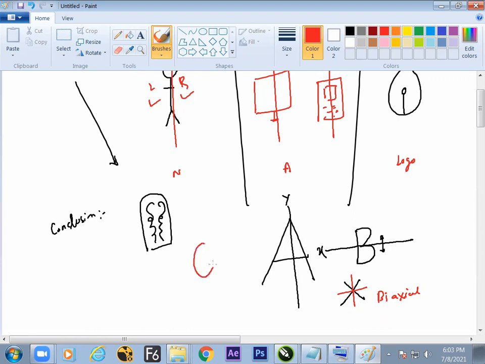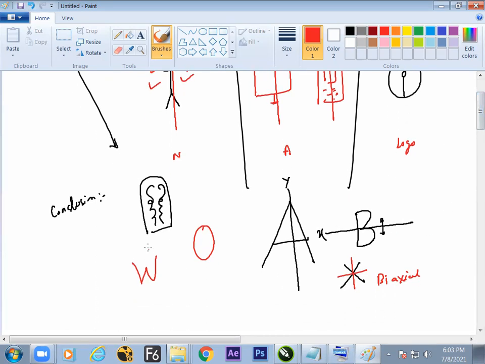Now, what is O? Symmetric or biaxially symmetric? Biaxially symmetric. Yes, you are right. Exactly. Same way, W? Symmetric or biaxially symmetric? Symmetric. Right. You have understood the things. So make a good note on biaxial. W is symmetric only, because if you cut this, up and down are not equal. If you cut this, yes, one coordinate is the same.